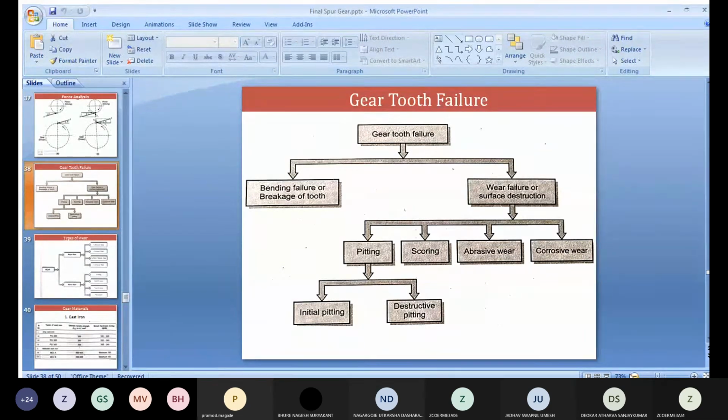It is caused by a chemical reaction between lubricant, temperature and atmospheric O2, oxygen, which